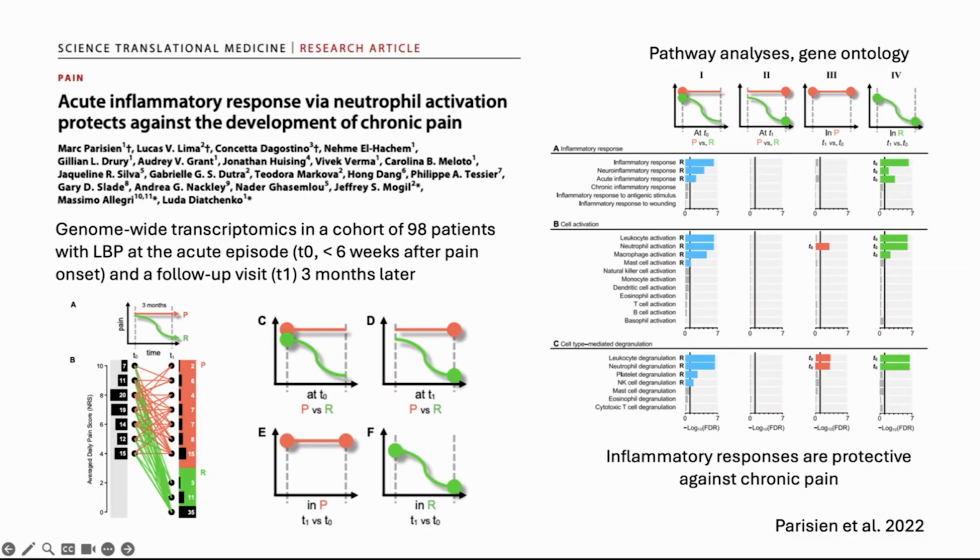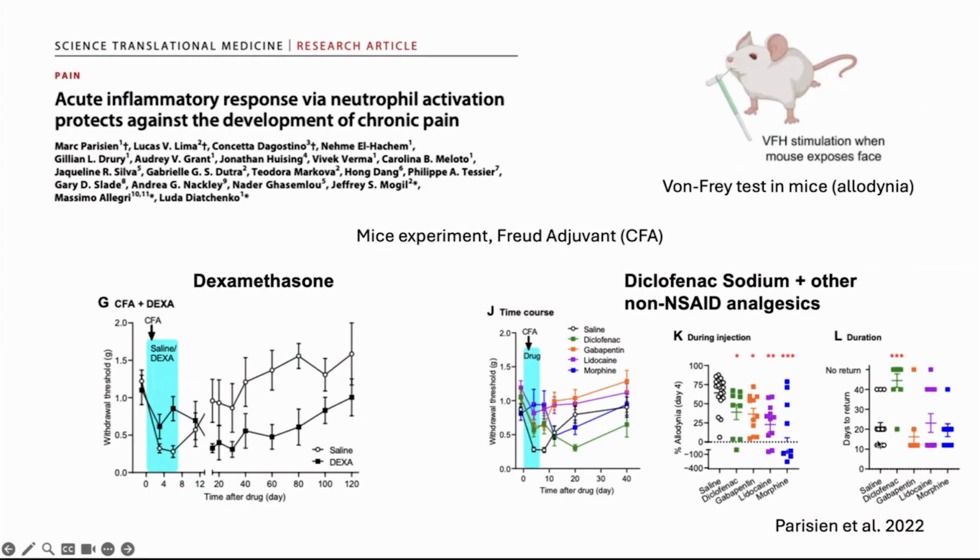So taken together, these findings in humans suggest that inflammatory responses in the acute stage seem to be important to potentially promote tissue healing. And if these responses seem to be suppressed, then individuals might be at a higher risk for developing chronic pain. Now, this evidence is mostly observational, and causality here is a bit difficult to demonstrate. But what we can do is we can turn to animal models, which the authors did, to try to understand this phenomenon a little better.